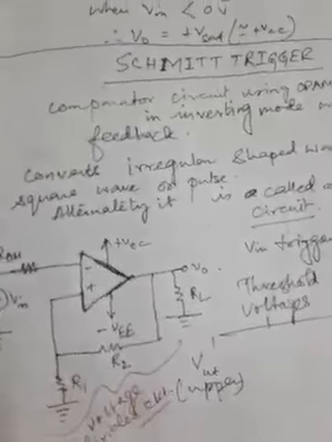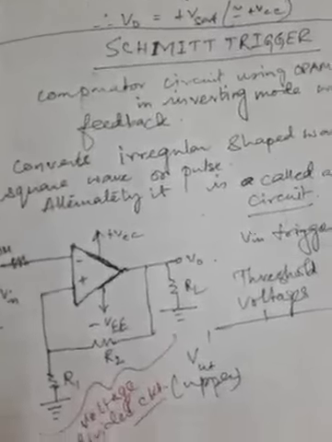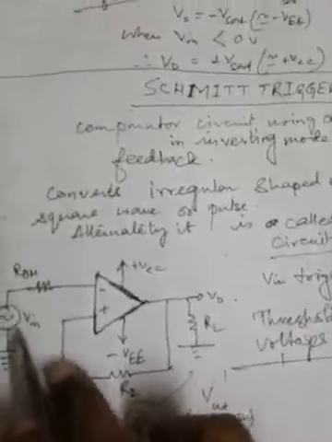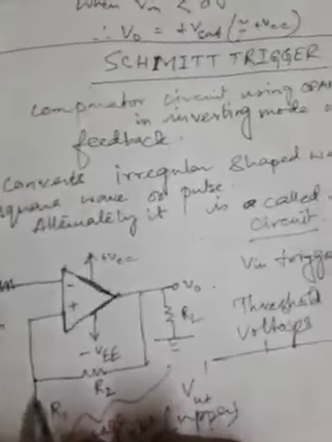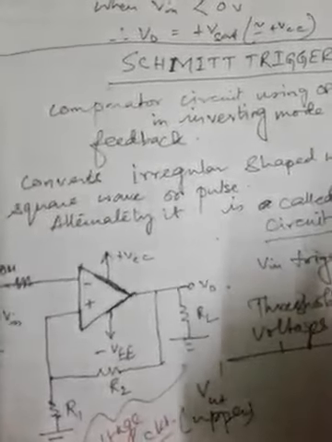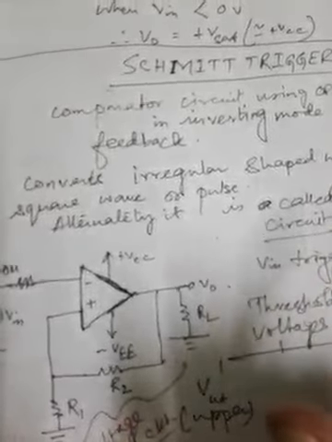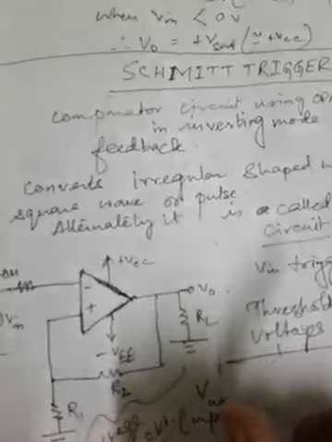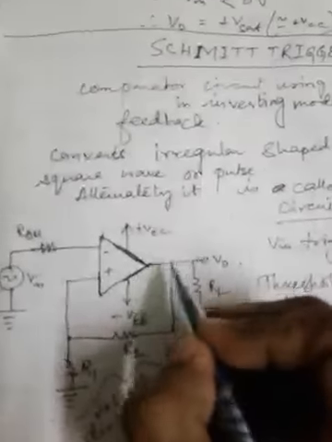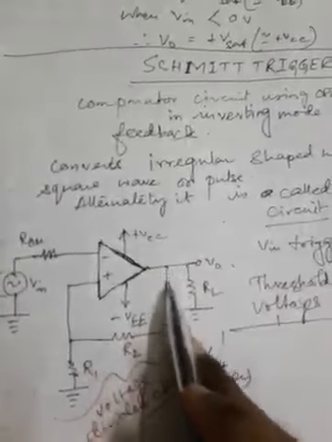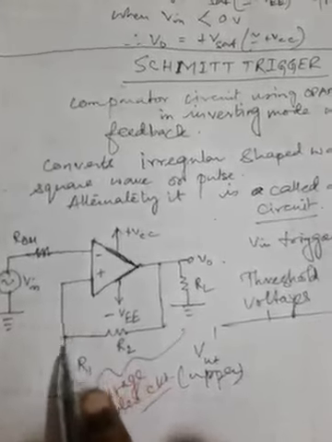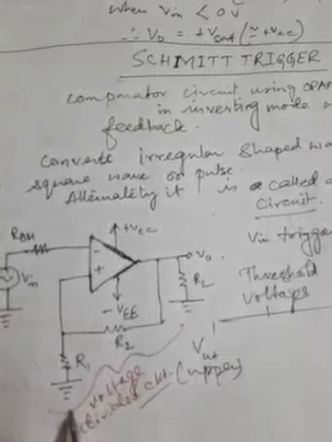where the R1 and R2 resistors have formed the potential divider circuit to generate that second voltage with which the Vin will be compared, and that voltage is a threshold voltage. So the voltage across R1 is a variable reference threshold voltage here that depends on the value and polarity of the output voltage. As you can see, from the output voltage the signal is tapped like this, which is passed through this R2 into R1 and finally onto the ground.